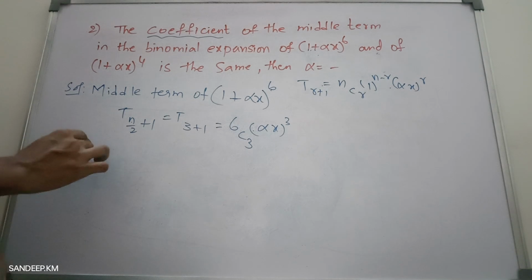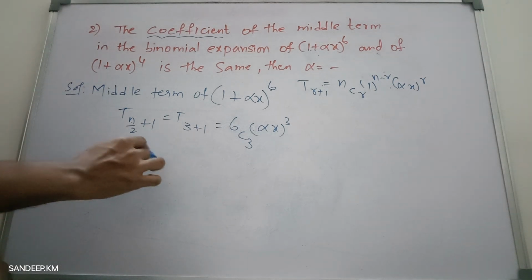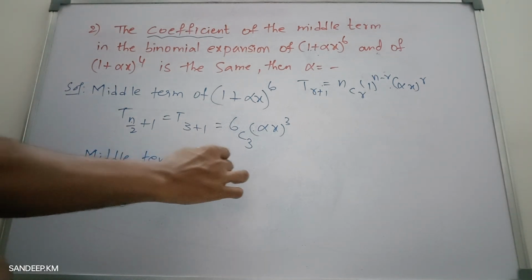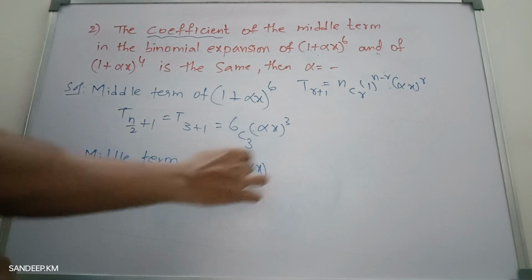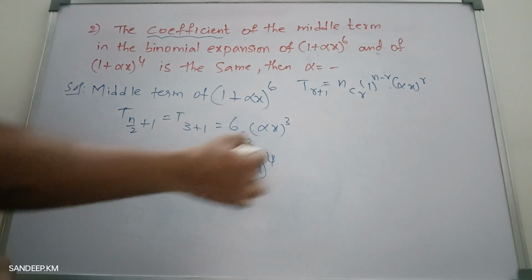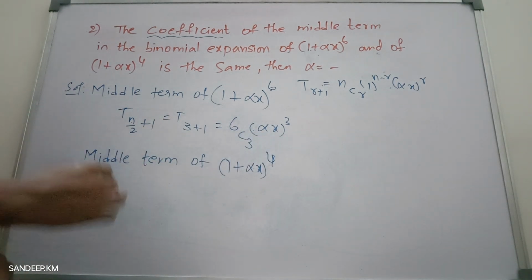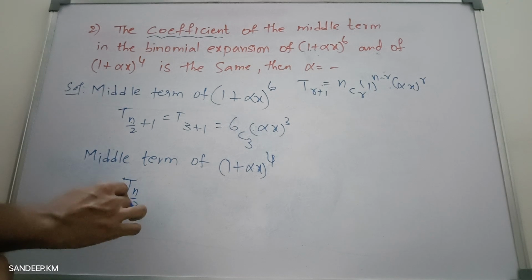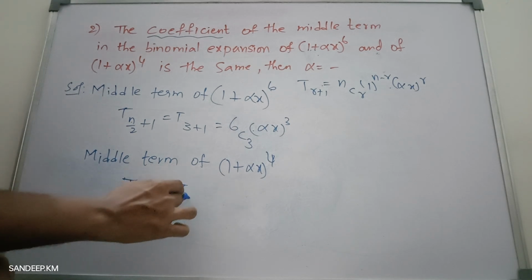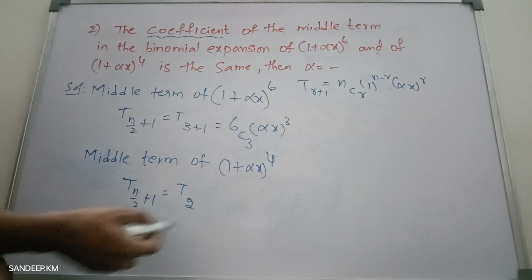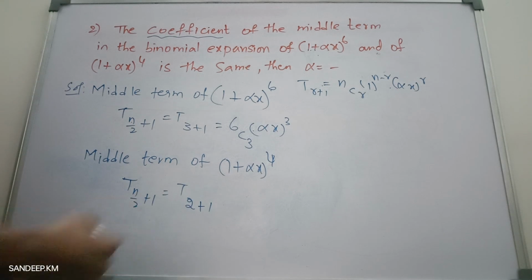Similarly, what is the middle term of 1 plus alpha x whole power 4? Again the index is even, there is only one middle term which is t n by 2 plus 1. That means t 4 by 2, n value is 4 here, plus 1. So again using the general term formula,